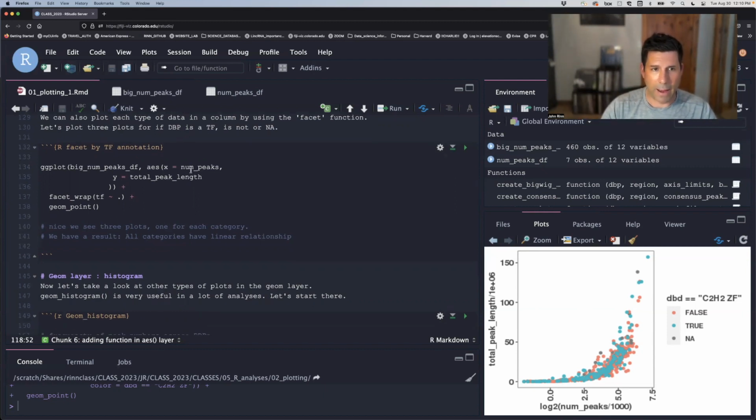And so let's step through that here, where we're setting up the aesthetics same as we have, number of peaks versus total peak length. And now we're going to add this facet wrap here. And our TF column has two categories, yes and no, whether it is a TF or not. And we're saying take the TF column and facet it in this facet wrap layer, which we added with another plus here after the aesthetic layer, and do facet wrap function by the TF column, and then plot the points for them. And so we're going to get